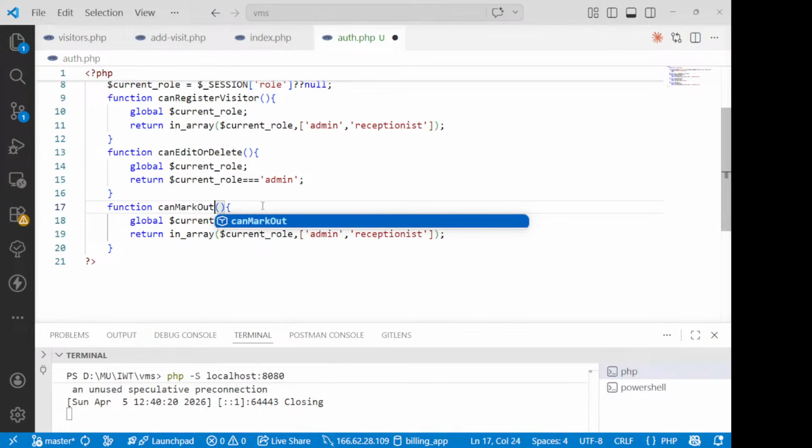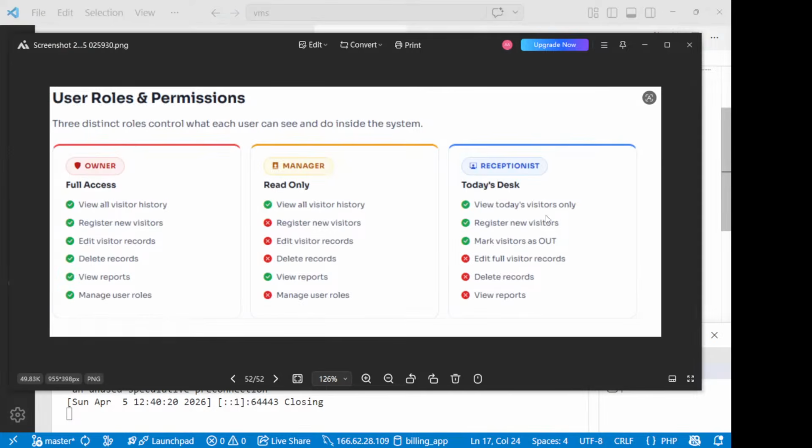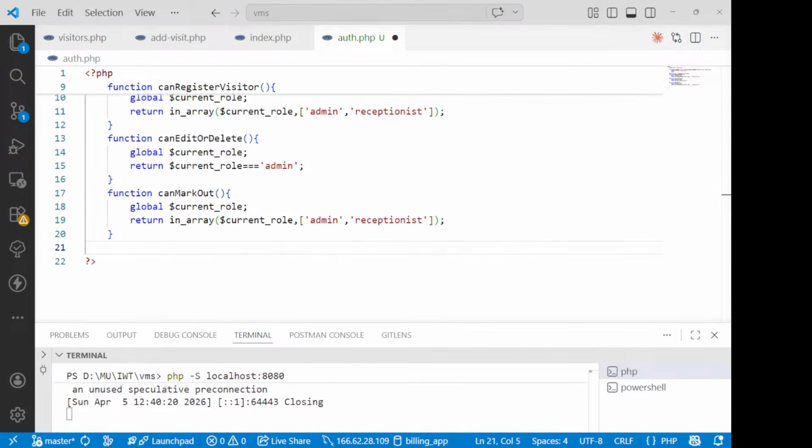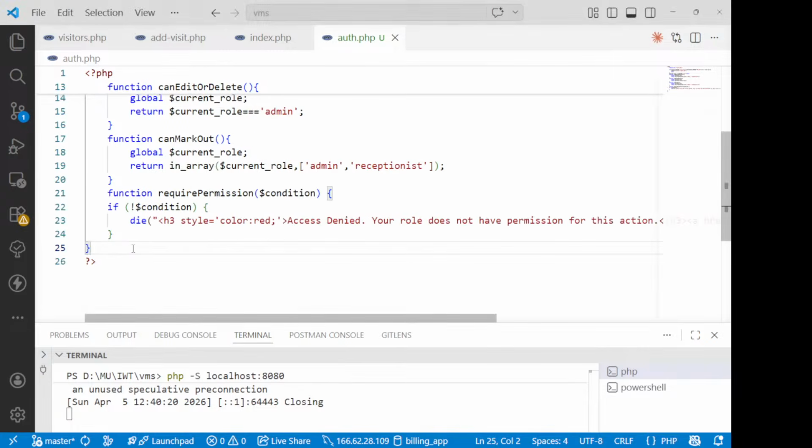मार्क आउट, कैसे पता, ये रहा आपको मार्क आउट करना, ये है यहाँ पर मार्क आउट। मार्क आउट कर सकता है, इसके पास पूरे राइट्स हैं, वो कुछ भी कर सकता है। तो अगर एडमिन है, रिसेप्शनिस्ट है, वो कर सकते हैं उसको। इन अदर केस रिक्वायर परमिशन व्हाट एवर कंडीशन, उसके लिए मैं एक फंक्शन बना रहा हूँ क्विकली, इसको सेव कर दो।